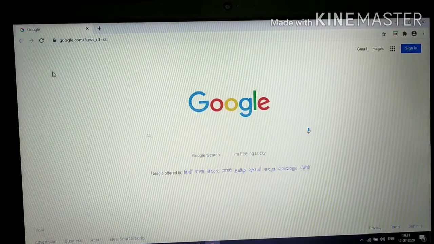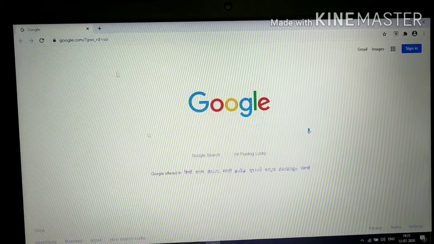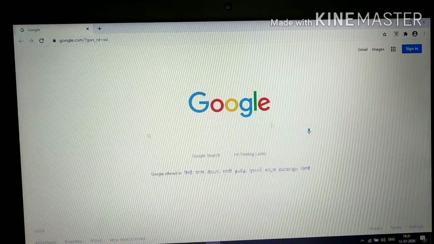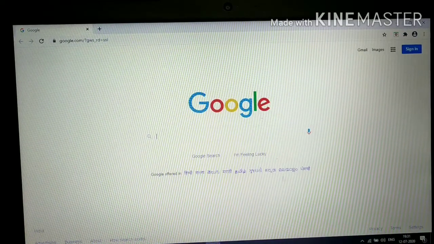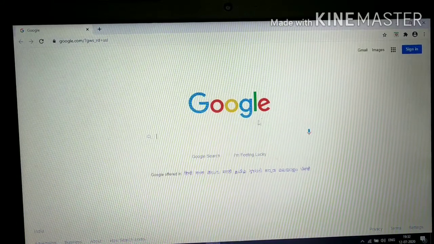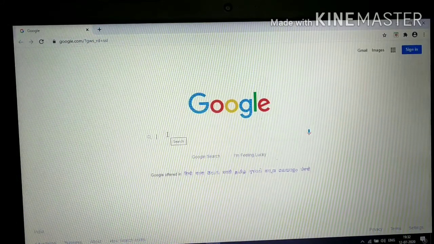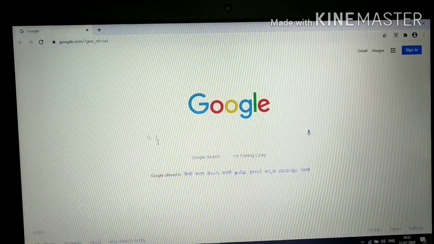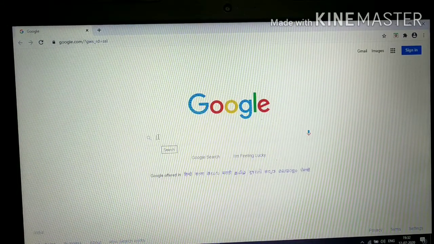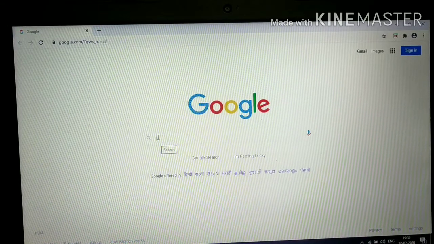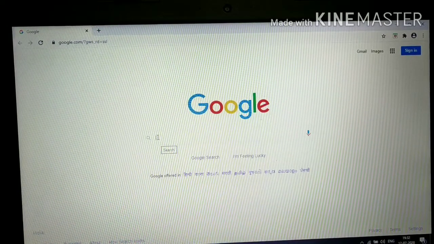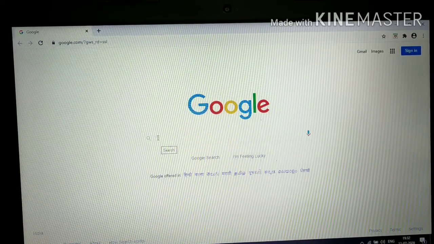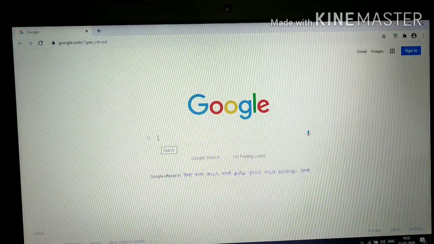After double clicking on the icon, the home page of Google appears. So this is the home page of Google. Now, if you want to get any information regarding any topic, here in this bar, you have to type the keyword. So now, let me find some information about internet.